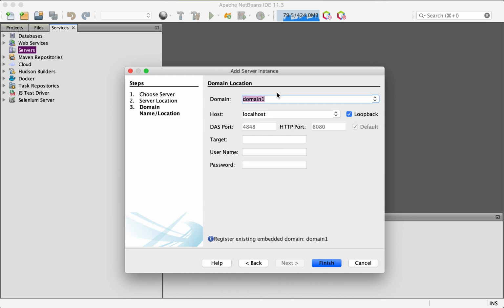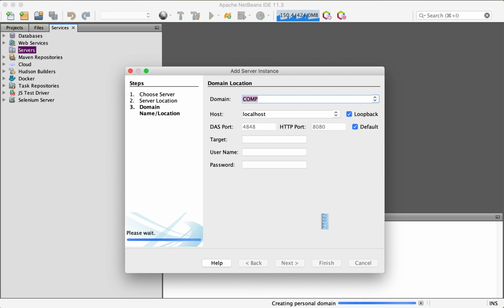It is asking for the domain, host and port, or we can use the default ports. I'm going to rename the domain to some unique name. This is some domain I'm going to create. I can use a password, but for this demo purpose I'm going to leave it blank, though it's preferable to use your username and password for securing your server. Upon clicking finish,